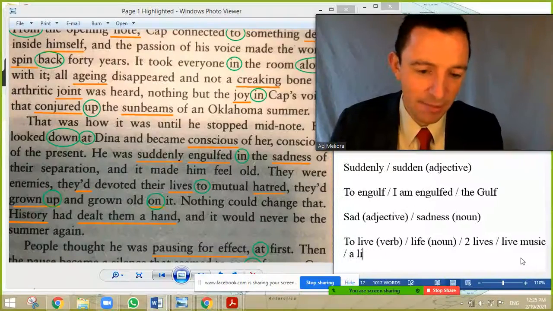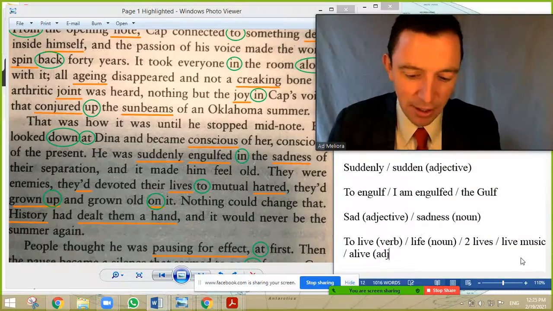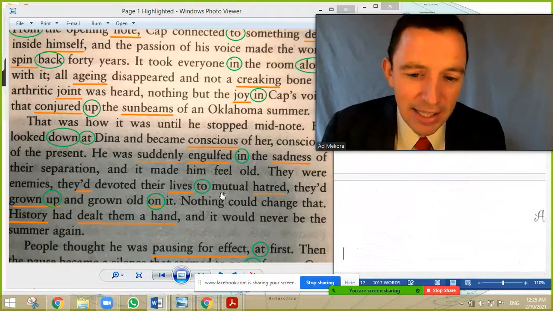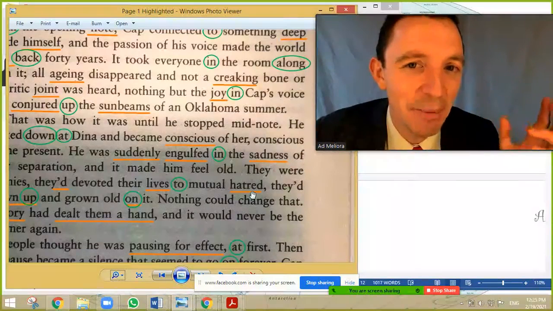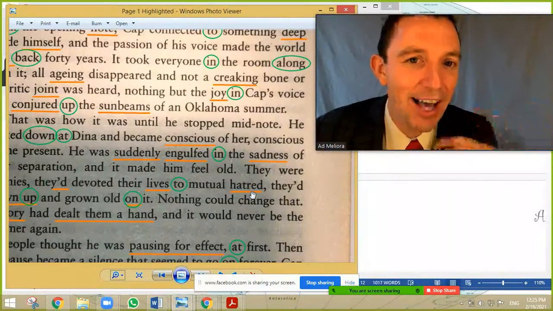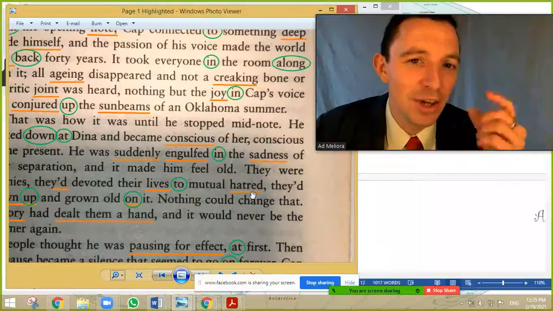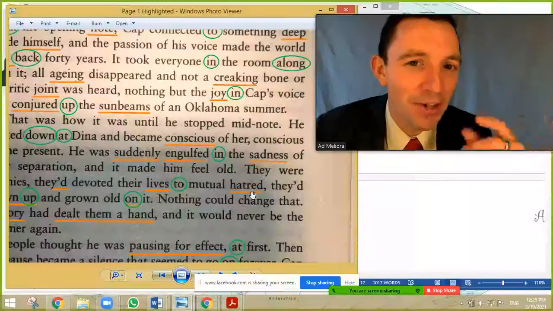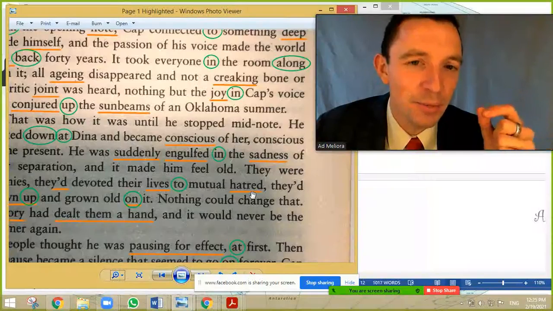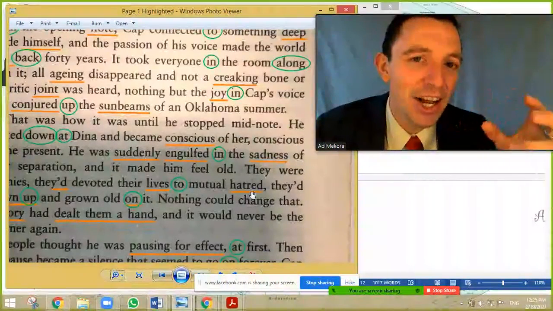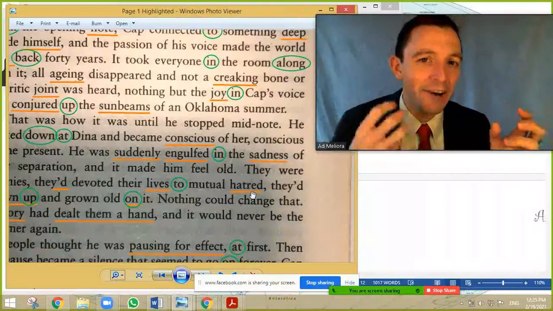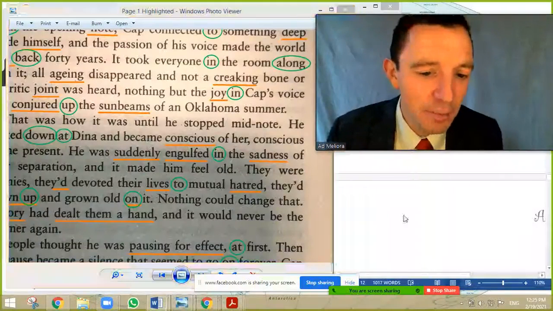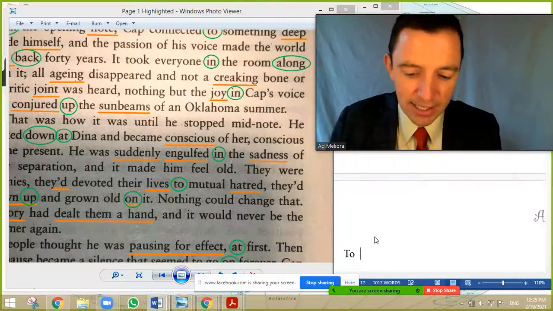Alive. Adjective. Okay, and here again, this is another example because the majority of people understand the verb to hate. I hate the weather, I hate the food, so the verb to hate, but not everybody understands the substantive. So the substantive is the hatred. He has a lot of hatred, she has a lot of hatred, so substantive is hatred and the verb is hate. So very, very important. To hate is the verb and hatred is the substantive.